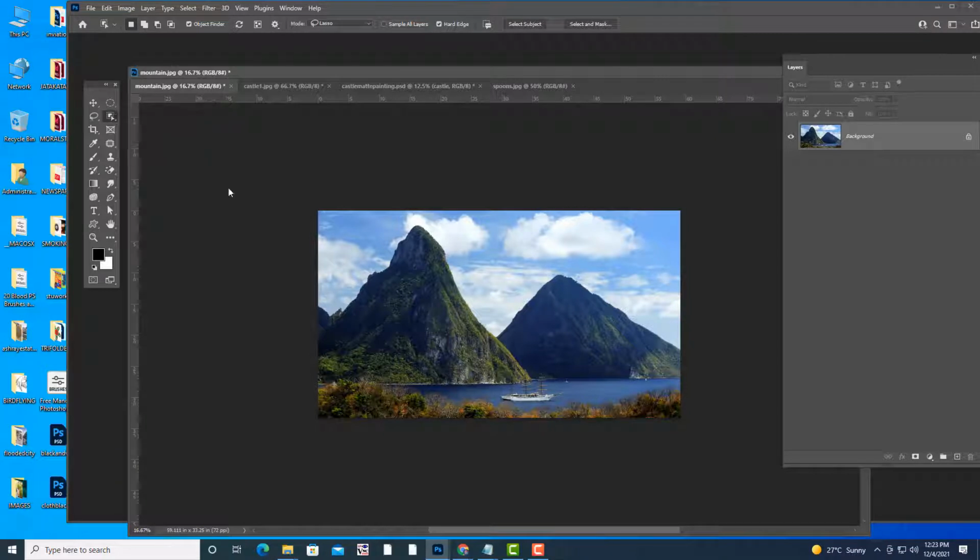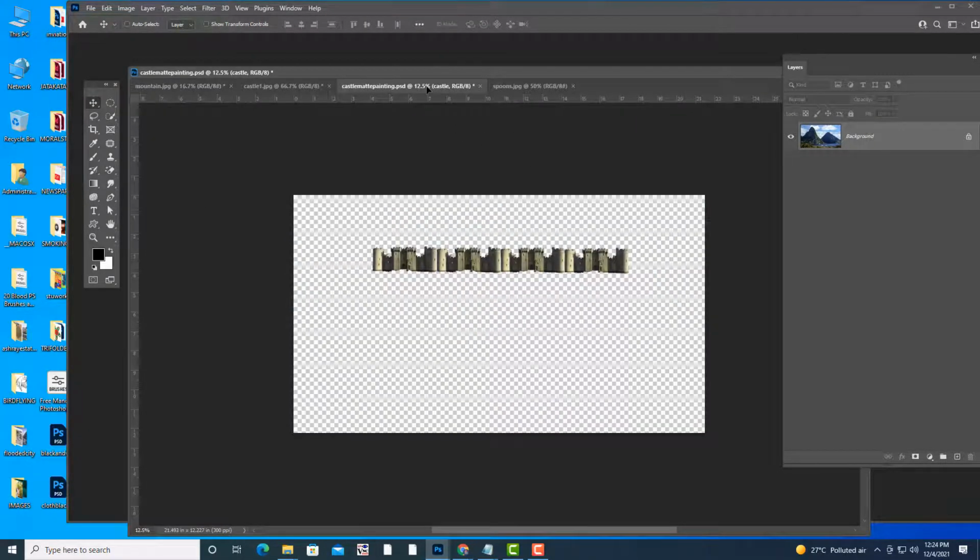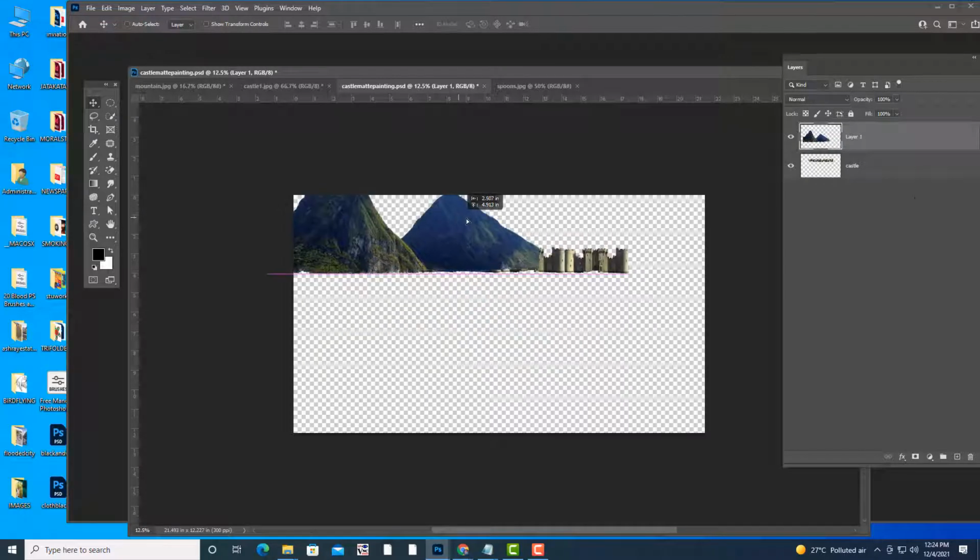Okay, we'll use a quick selection. Okay, so just simply hold shift and select the mountain. Then what is the next step? Simply drag the mountain. Okay, keep the mountain below it.